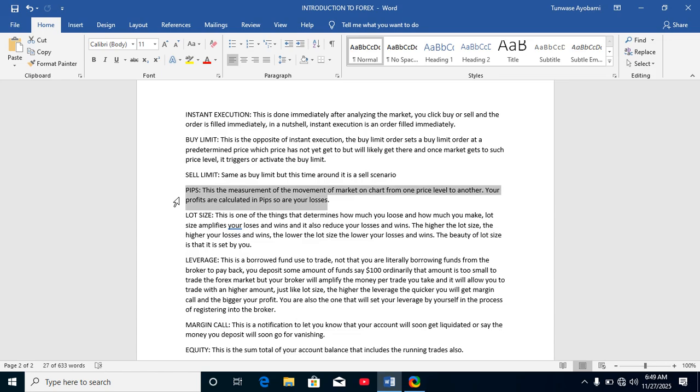Okay, it's that simple. Your profit and losses are calculated in pips, but that was before. Now, as you advance, you understand that yes, it is still calculated in pips, but it is best that you calculate your profit and loss based on percentage. So that is the basics of this. I don't want to go into calculation of pips because now you don't need to understand it. You don't even need to know how to calculate it manually, because back then